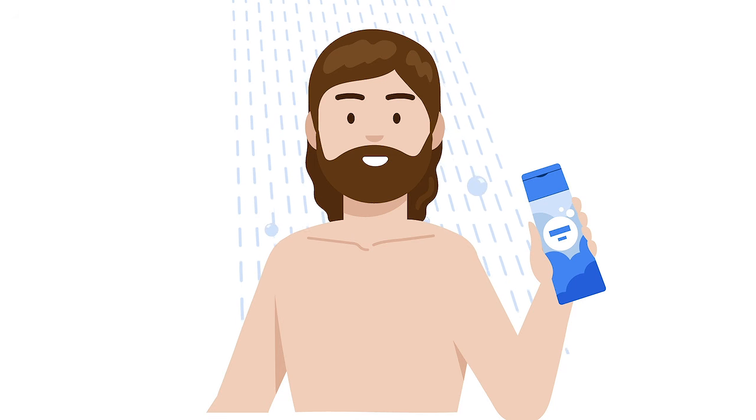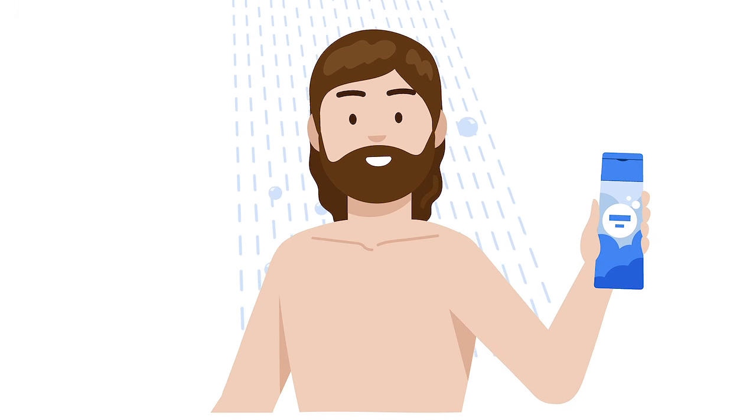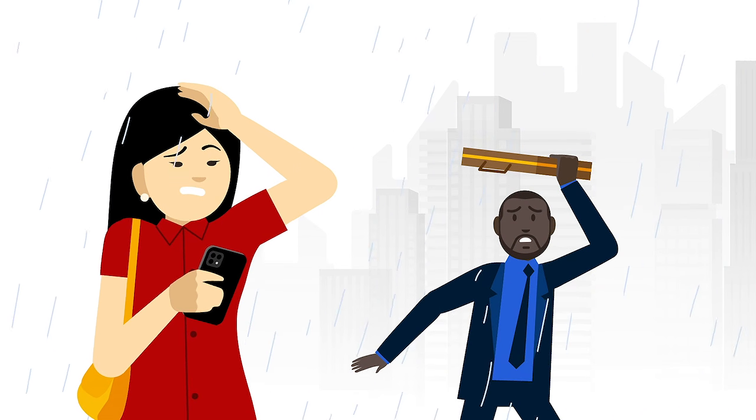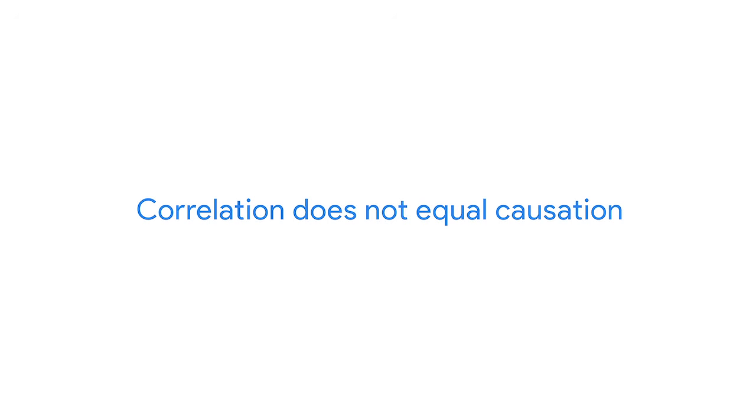A correlation is like a relationship. You can find all kinds of correlations in data. Maybe it's the relationship between the length of your hair and the amount of shampoo you need. Or maybe you notice a correlation between a rainier season leading to a high number of umbrellas being sold. But as you start identifying correlations in data, there's one thing you always want to keep in mind. Correlation does not equal causation. In other words, just because 2 pieces of data are both trending in the same direction, that doesn't necessarily mean they are all related. We'll learn more about that later.